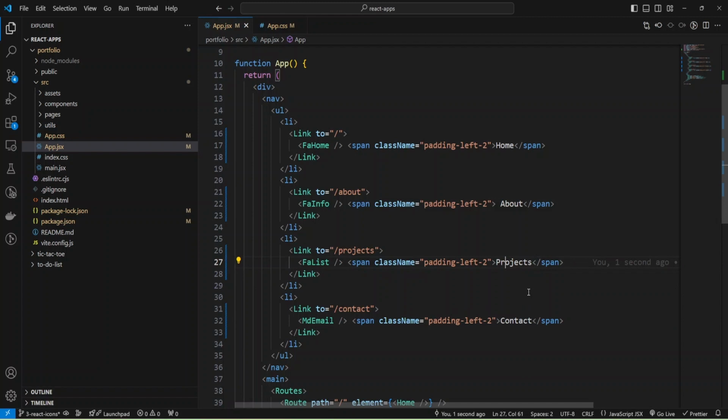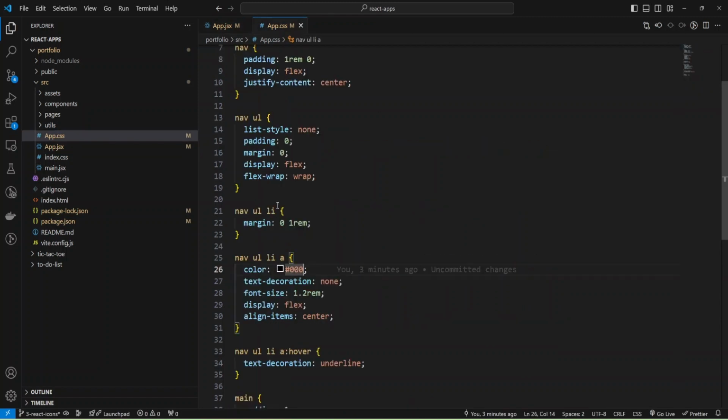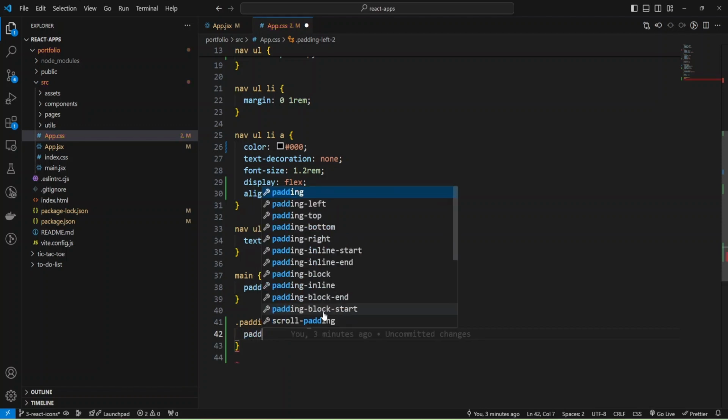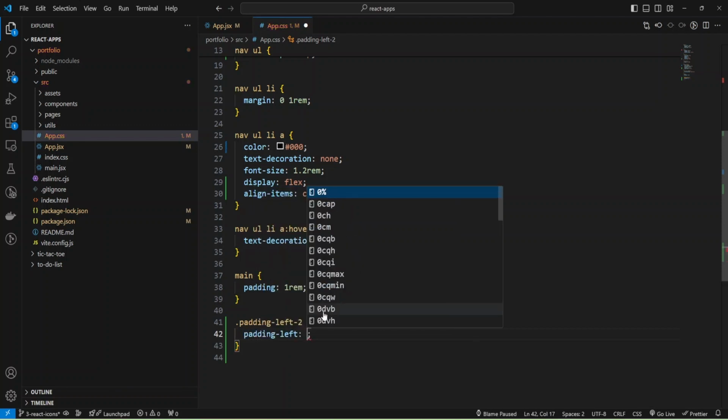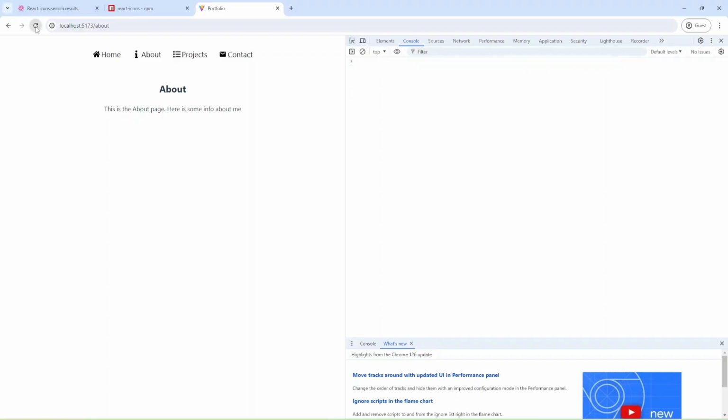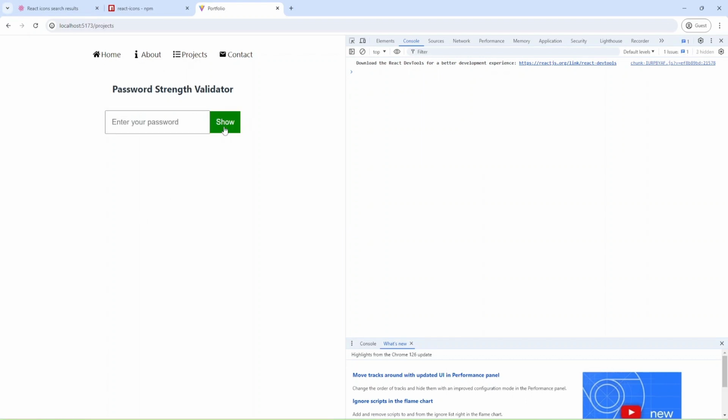And I need to add styles to my padding left 2 class, and I'm going to set padding left 0.2 rem. Let's check what we have. Okay, we have paddings between our icons and text, and let's add icon instead of a show button to our